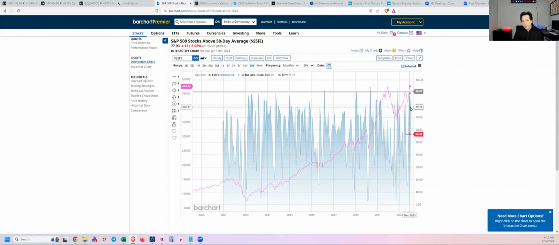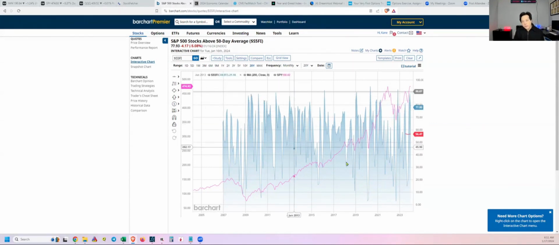77.93, if I put my mouse right here, it doesn't hit this level very often. Every time we hit these levels, we pull back. We pull back pretty far, at least to 50, but most oftentimes around this 30 to 20 region. So that's really what we're looking at for this to happen. And how quickly does it happen? Is 1, 2, 3, within 3 months on every peak that we see. Sometimes we bounce back a little, but within 3 months, we're down here at least to the 50 level. And that's going to be our expectation right here.